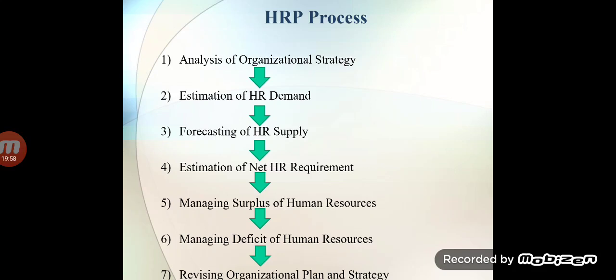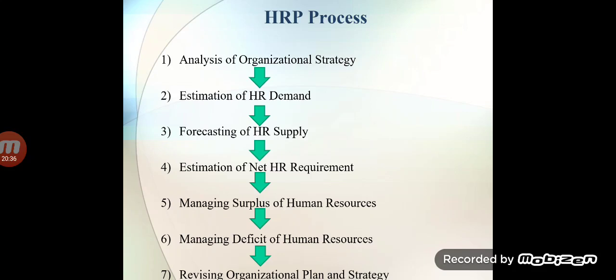For example, present inventory plus potential additions is equal to total future supply, or we can say that total future supply minus potential losses is equal to net future supply. This is the way we can do forecasting of human resource supply. Ultimately, the exact number, exact place and exact way we can easily find out with the help of forecasting of human supply. Okay, clear till here?